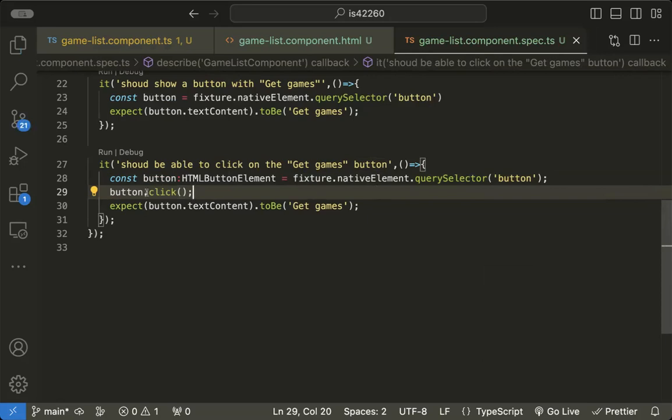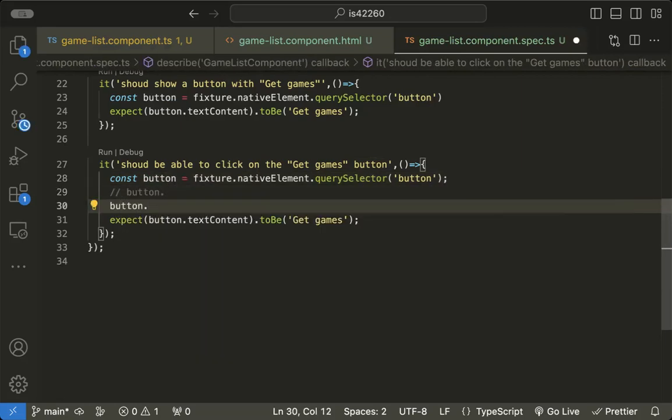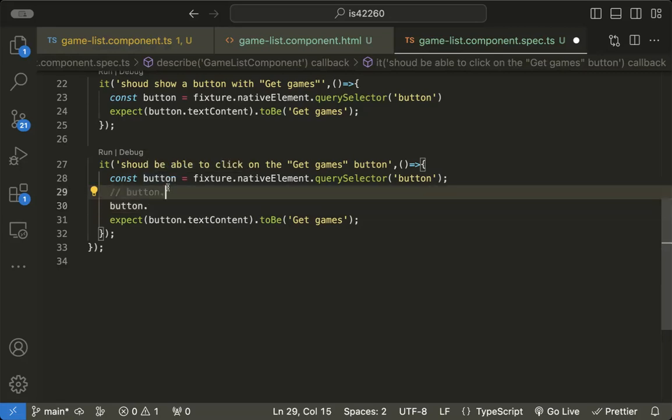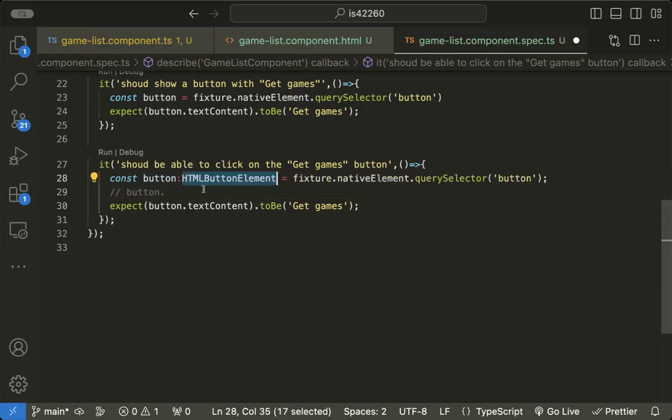If I remove this code section and the type definition, and say button dot, since this is an any element, it can be anything. It does not show us the available typings or the performable actions, and that can lead to confusion. To remove that, we define